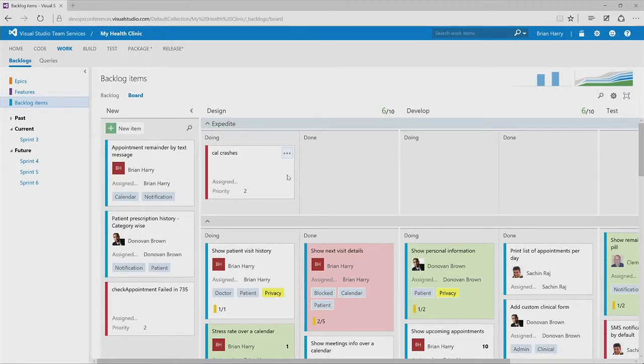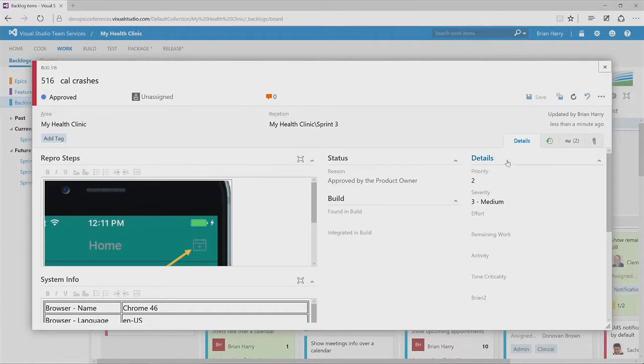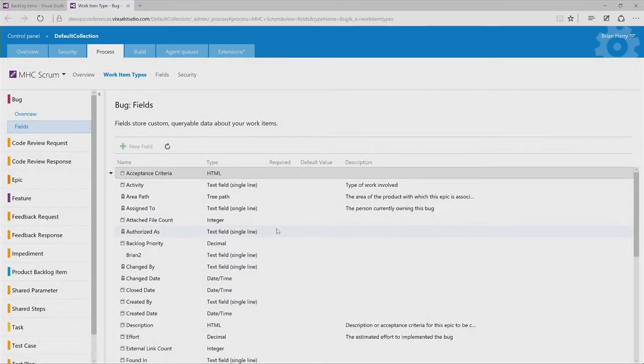Now, one other thing I want to show you is another common request for our online product has been the ability to customize work items. We've had that in our on-premises product for a long time, but it's not a capability we've had in VS Online. So starting now, we are introducing the beginnings of a process customization experience with the ability to add fields to work items. So here I'm going to click Customize, and it's going to take me to the process customization